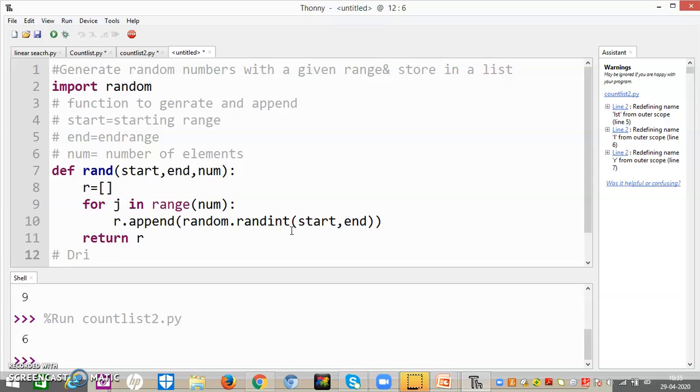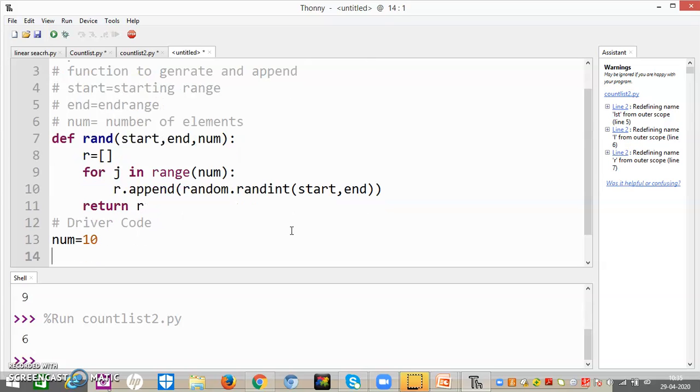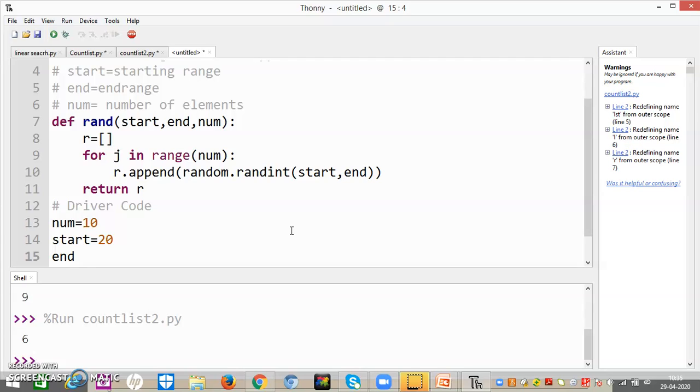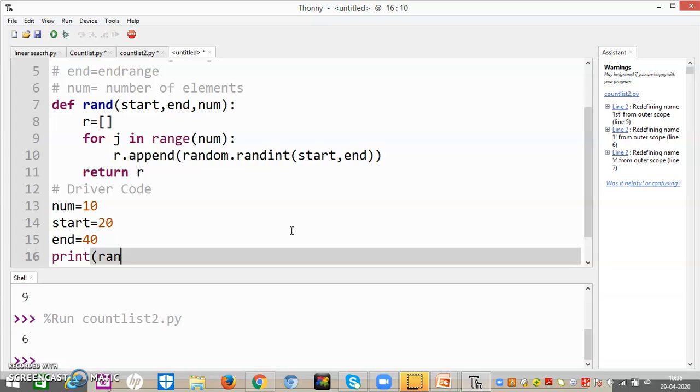Now we will write the driver code. For driver code, I will define num as 10, or you can take it as user input. Starting range I will give 20, end range I will give 40, and then I will just print the function I have taken, rand, with start, end, num.